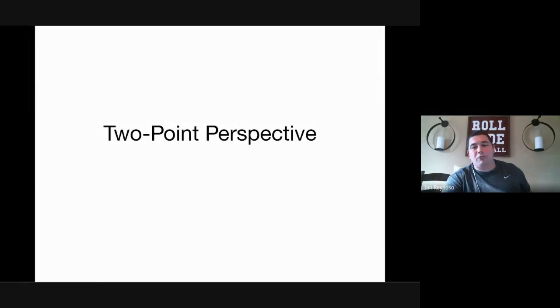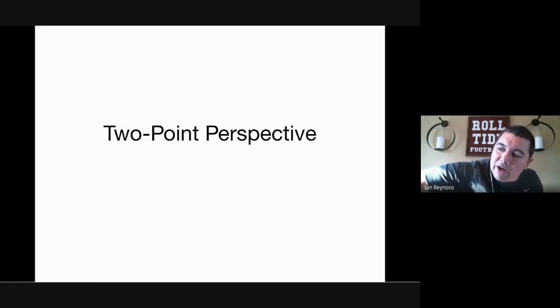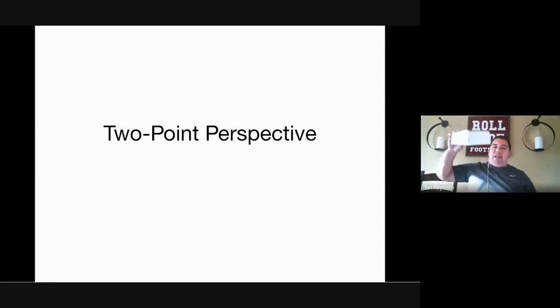Sorry, 2-point perspective. Okay, so this is the next step from 1-point perspective. 1-point perspective is pretty confining because we're only dealing with one vanishing point. And eventually, when shapes get really far to the outsides of your paper, they start to look kind of unnatural, because we end up learning that when we have a box like this,